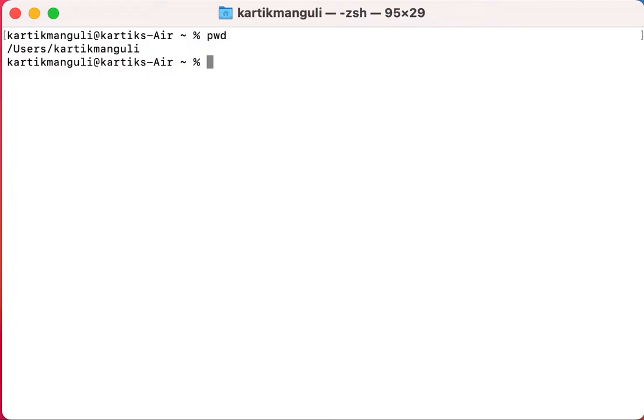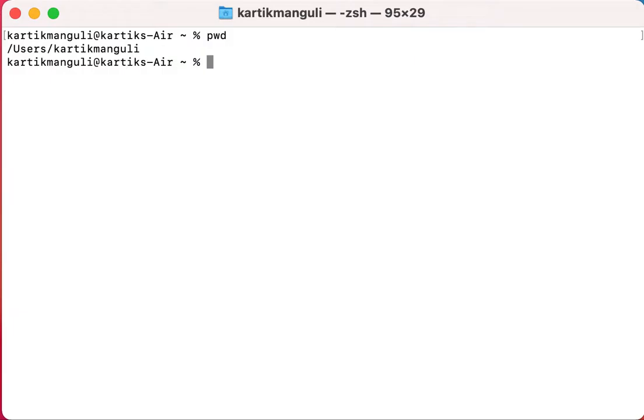Before moving directly to the commands, let me tell you that there is a definite file structure in Unix. In Unix, everything starts with the root. This slash is called root. In the root there is a subfolder called users, and inside users there is a folder called Karthik Manuguli.